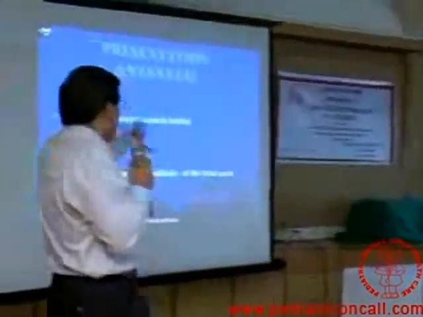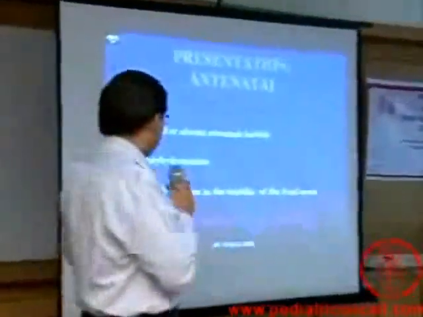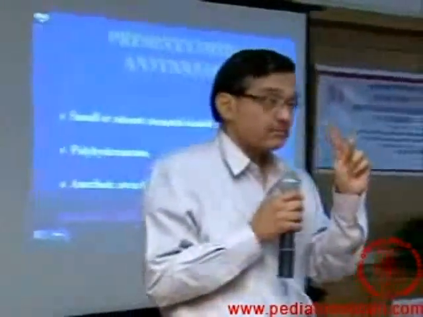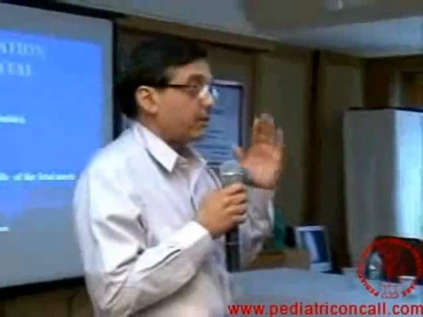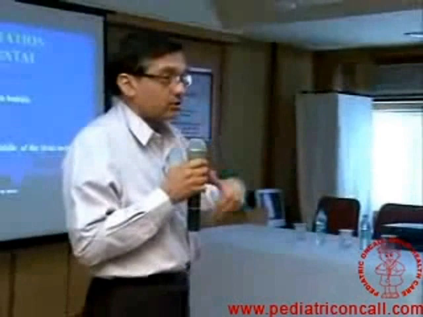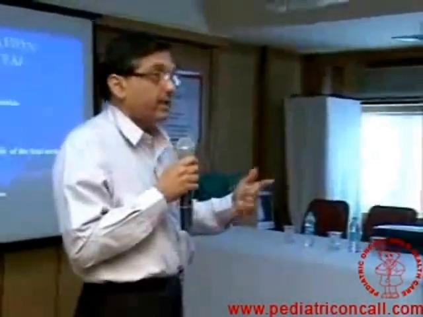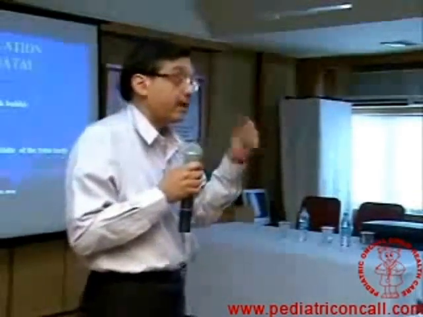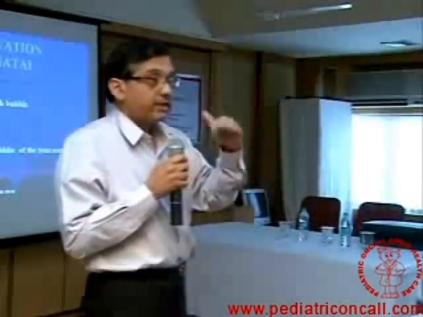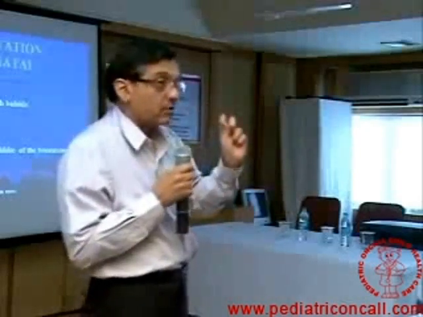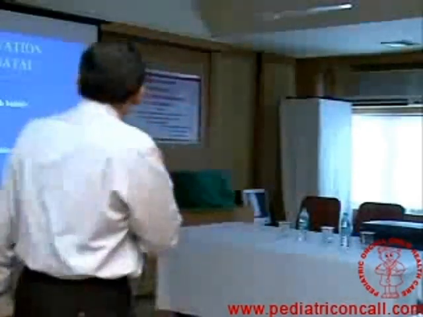So, if there is a small or absent stomach bubble seen in the fetus, or there is polyhydramnios. Now, polyhydramnios is not a very specific sign, but it shows upper GI obstruction. Because of the upper GI obstruction, the child is not swallowing adequate amniotic fluid, and therefore polyhydramnios is indirect evidence. It will be there even in diaphragmatic hernia, because in diaphragmatic hernia, most of the time the stomach is up, so the gastroesophageal junction is kinked. Therefore, there is a sort of obstruction and therefore polyhydramnios.